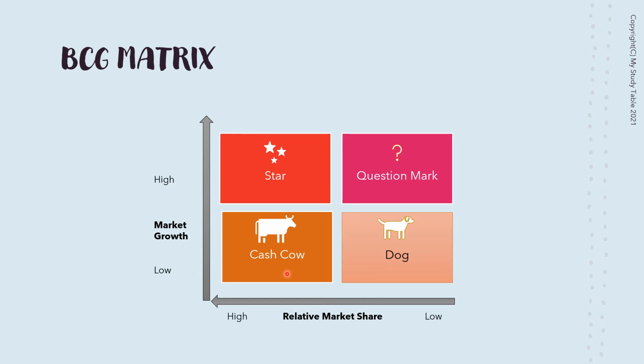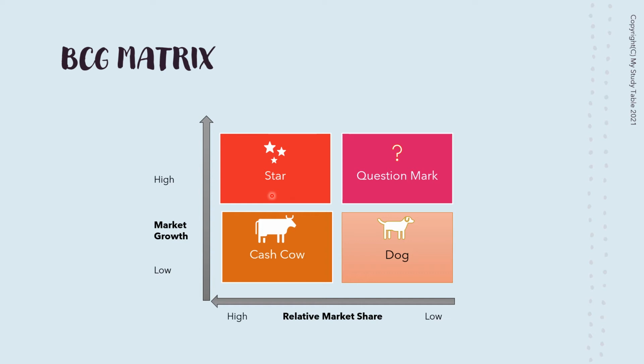So let's begin with the first one, which is cash cow products. As you can see here, the products in this quadrant have a relatively high market share in a low growth market. These are usually cash generators for the organizations and are profitable in nature. The recommended strategy for products under this quadrant would be to hold on to them and build on them further.